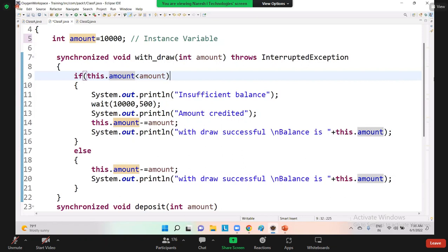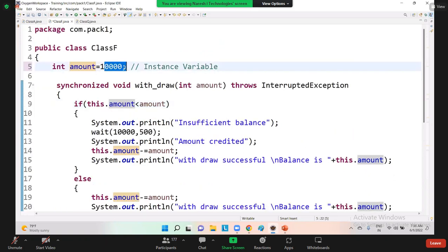Constructor call. Now, right now, what is this? It is a keyword. Okay, fine. Now, if else, just if else conditions. If this dot amount, okay, this dot amount means 10,000. If this 10,000 is